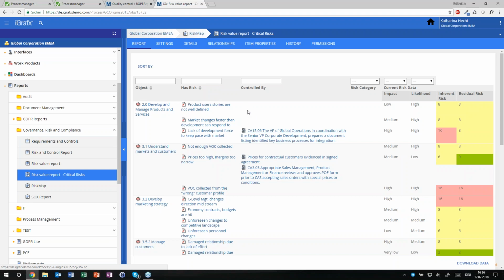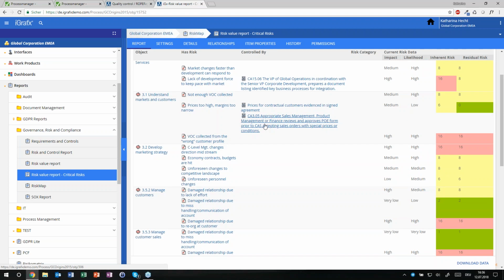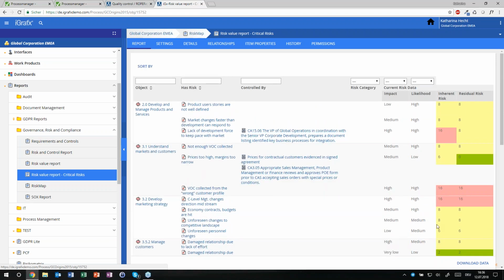And then we can also use this as a gap analysis, so we might be able to see where we need to define a treatment. If there's a missing action, it can help me with that. And then I can also download the data if necessary, and have more appropriate risk reporting here.